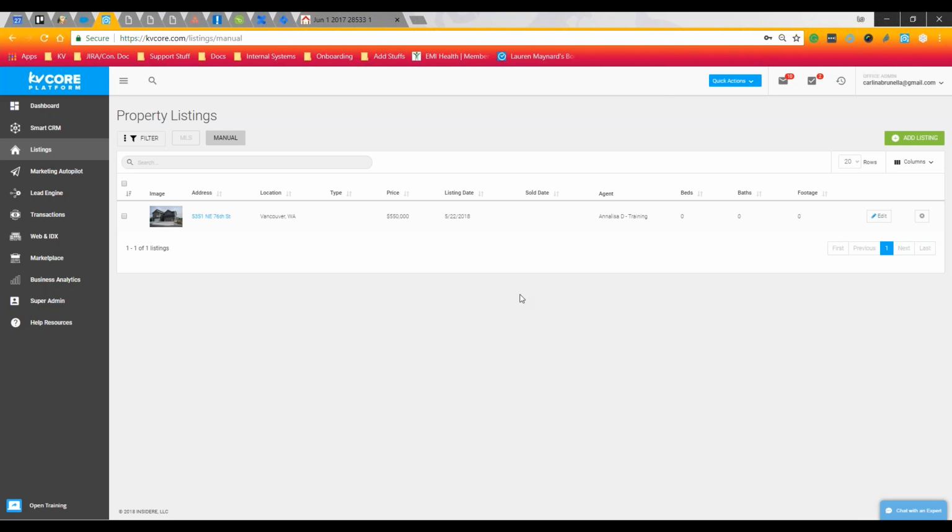One reason for that is just the way the website was set up and the search function. Number two is also the fact that we're only allowed to display and use the properties that we're allowed to get from the MLS. So there's certain things that we can and cannot do with manually added listings, but it is there for you. Back in the main section,